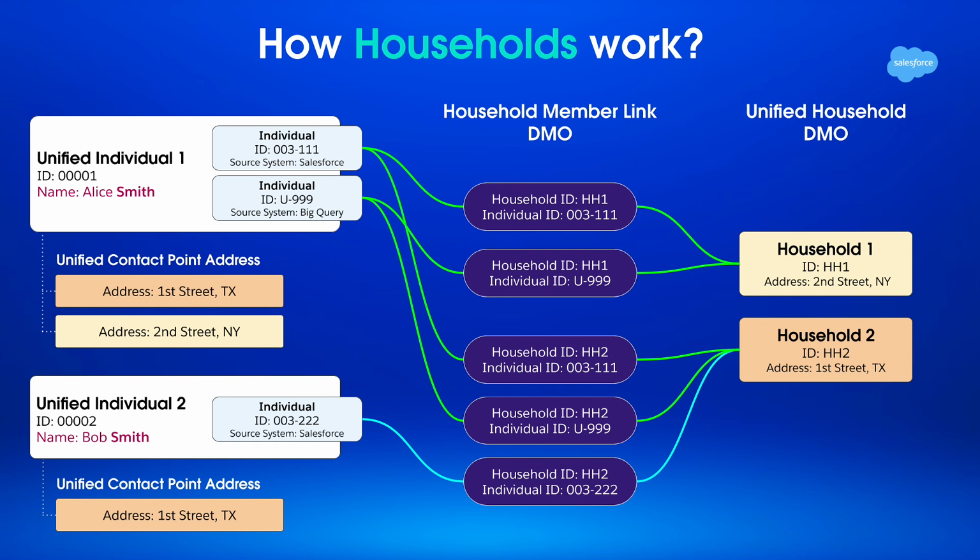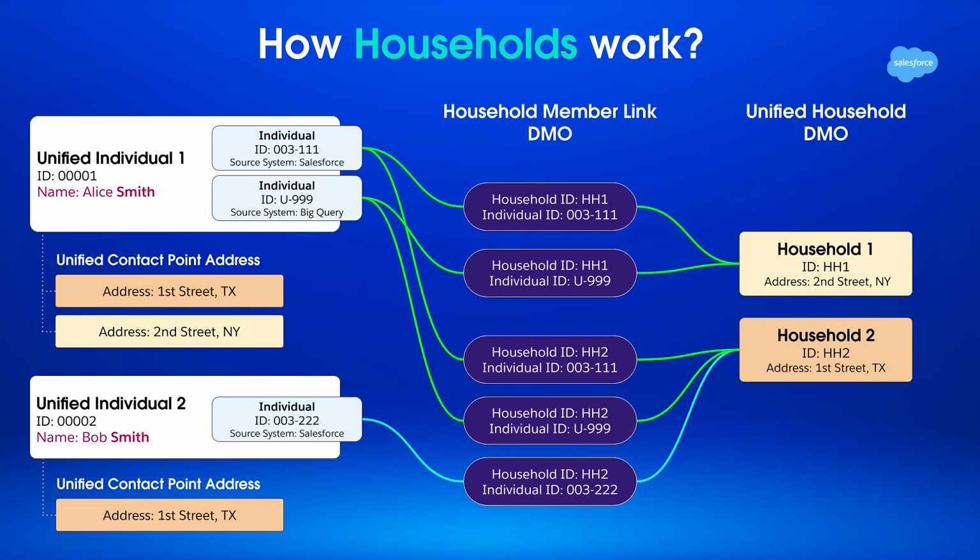household member link DMO. In the example you are seeing on screen, you can see that the unified record of Alice has 2 addresses and the unified record of Bob has 1 address. Since both Alice and Bob share an address, they are grouped into one household. And Alice's second address creates a second household. So essentially what this means is that an individual can belong to multiple households depending on the number of addresses